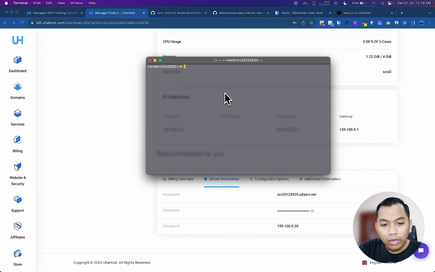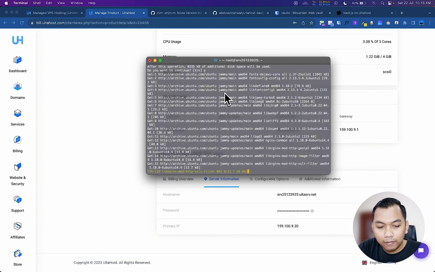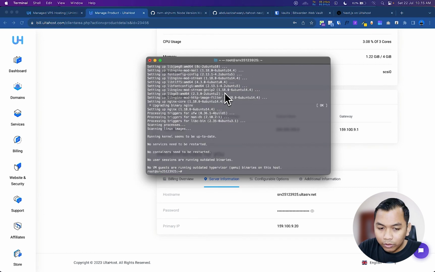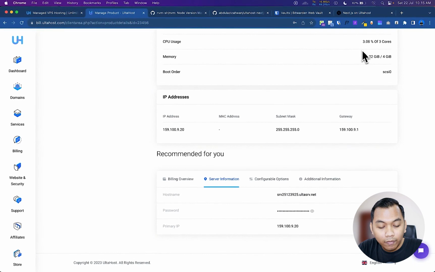And how do we install Nginx? We can simply say apt install nginx, then press enter, and then press yes. Wait. Alright, so we have installed our Nginx web server on our Linux server.